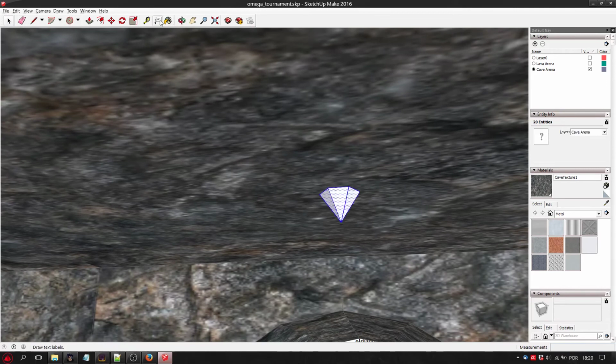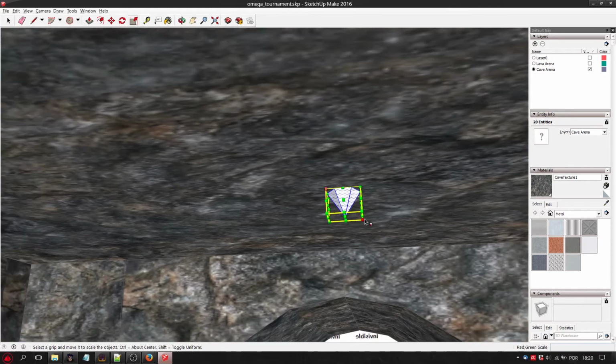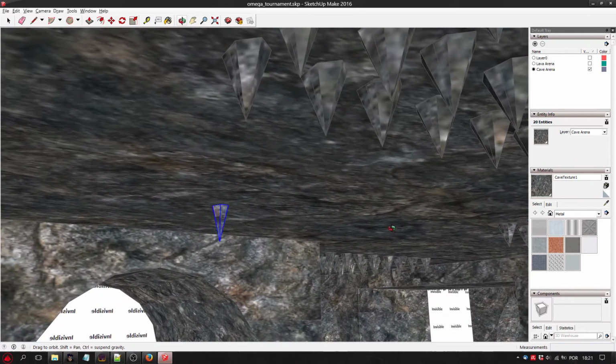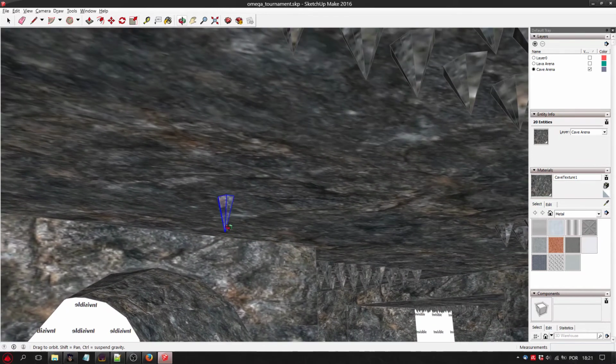And then you can just set the size and the scale of our spike like this. Okay, seems good. Then you can set up the texture like this, and here you have it, a spike similar to the ones that I already made.